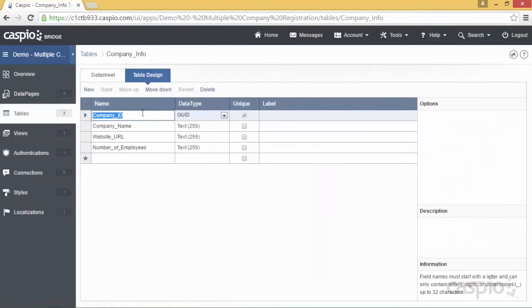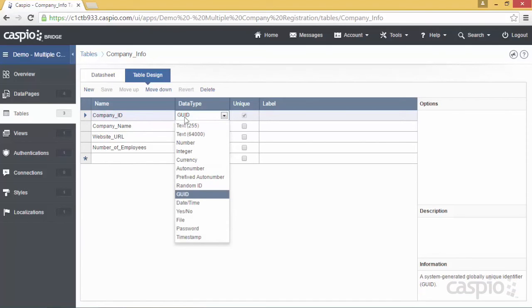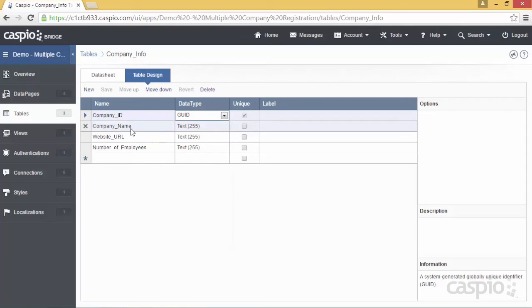what you want to collect initially is the company ID, and I have set this up as a GUID, which is a randomly generated ID. Then we have company name, website URL, and number of employees. Now you might have different fields of what you want to collect from these companies. These are the fields that I have for now. But of course you can expand upon this and add additional fields if need be. Once this form is filled out and you've generated this GUID number and you've collected all of this information,